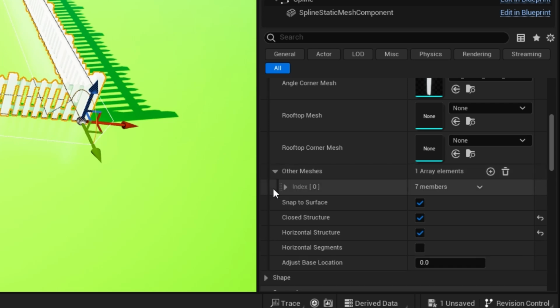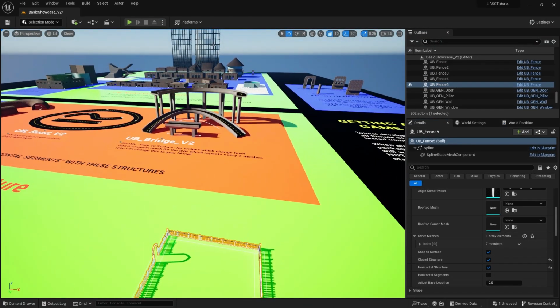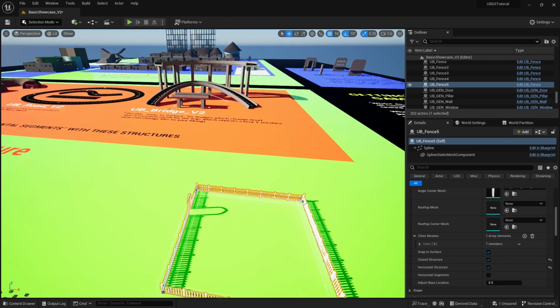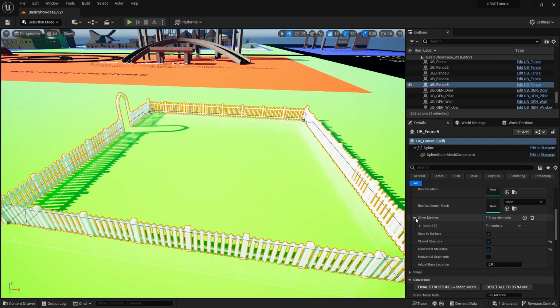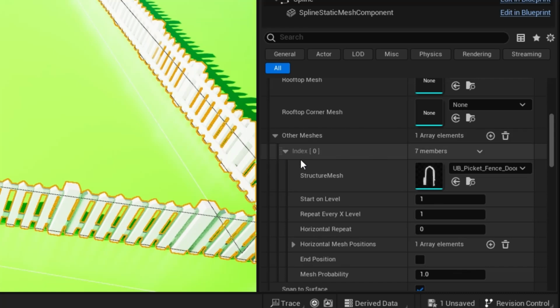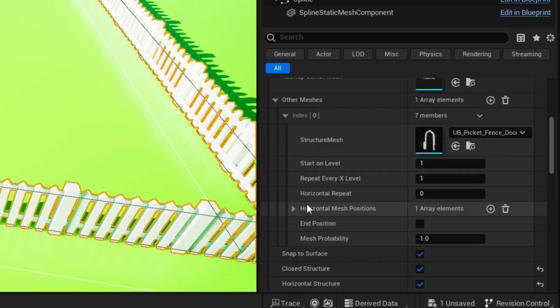Now you can add as many as you want here. So you can add more other meshes and you can have as many as you want. If you look at the skyscraper example at the back of this showcase map, you'll see there's quite a few meshes involved there with different settings. But you can see that I've got a gate here, and so if I open up the other meshes index for the first one, you can see that I've selected a picket fence door as the mesh, and then I